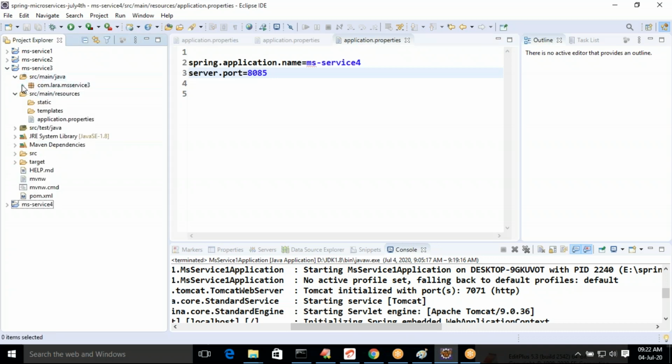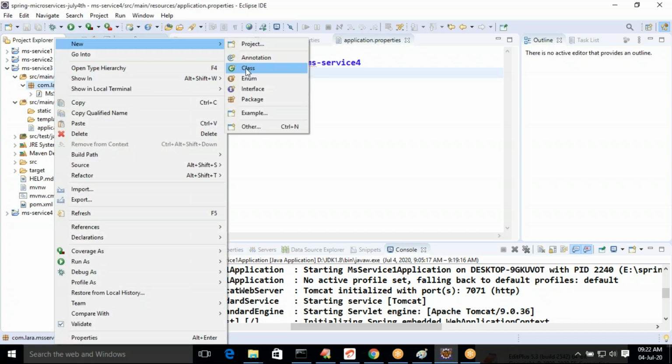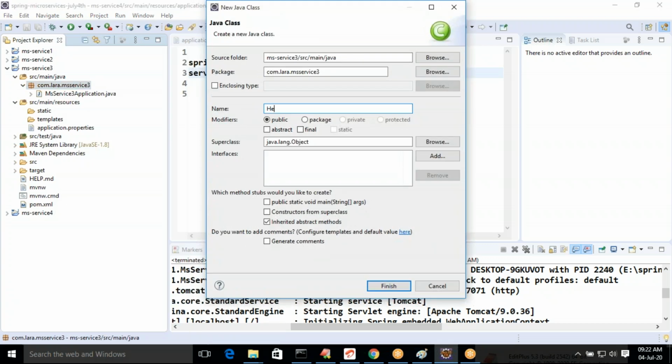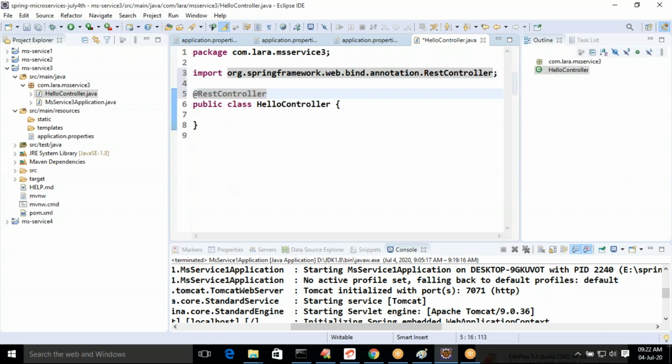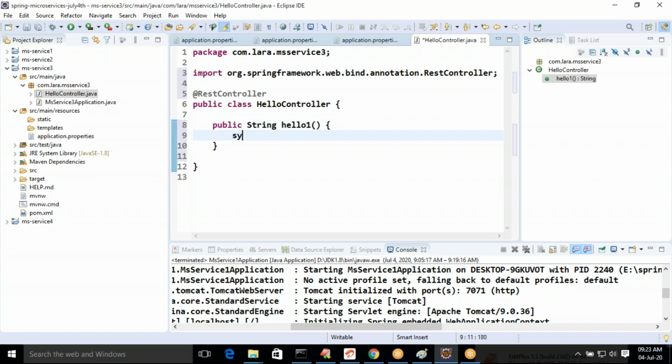In MS Service 3, right click, go to New, select a class. I'm going for HelloController. @RestController. I'm mentioning a simple string, "from hello1".